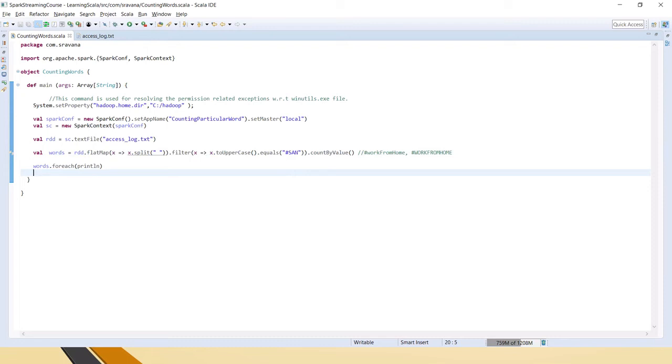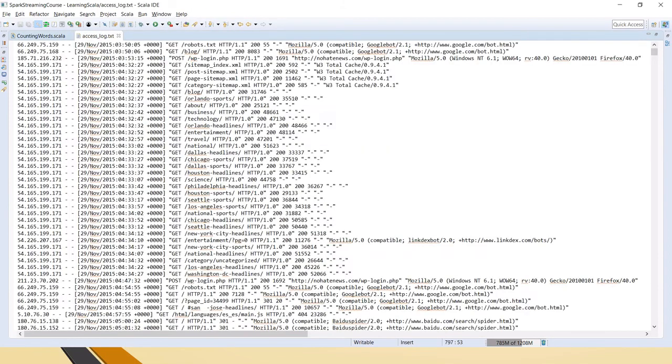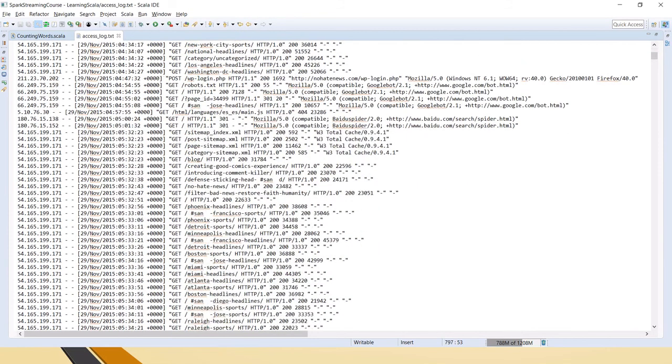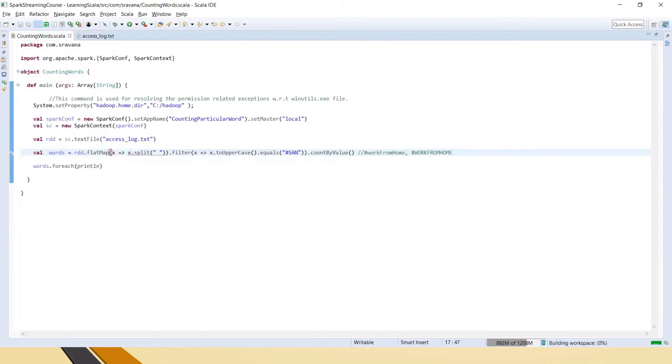You will understand by seeing the output how easily it displays all the related words, whether camel case, caps or lower case, along with the number of counts. Now let me change the file as well, because we don't have it. Somewhere I'll mention caps, and here I'll mention it too. So now I have modified the file, and I am saying convert everything to uppercase, and whenever it is equal to SAN, count it.